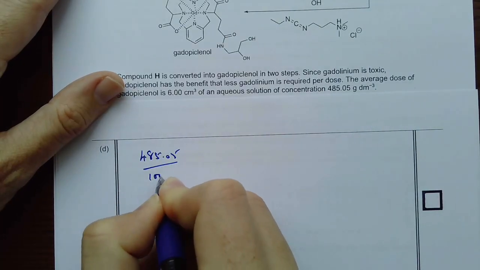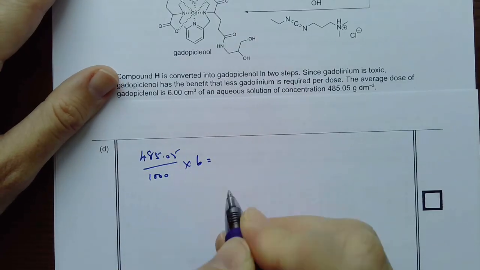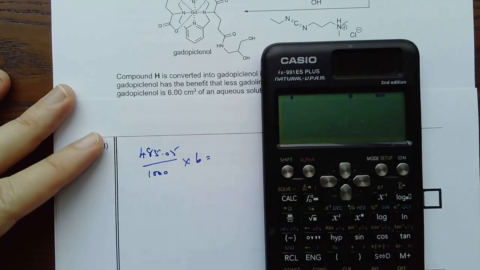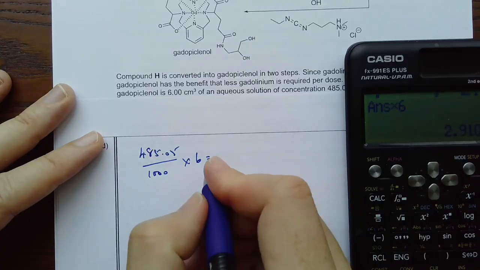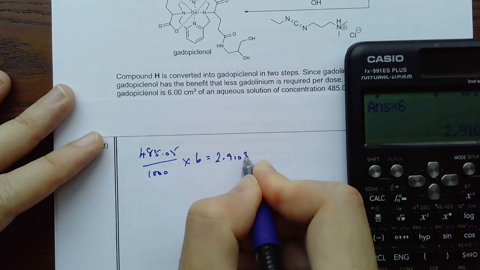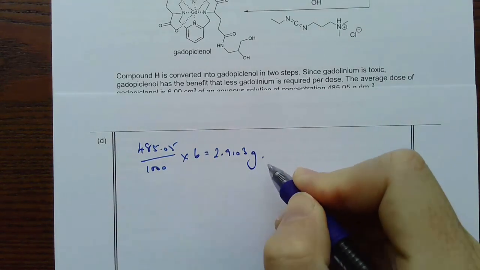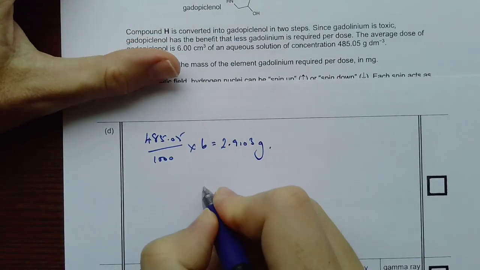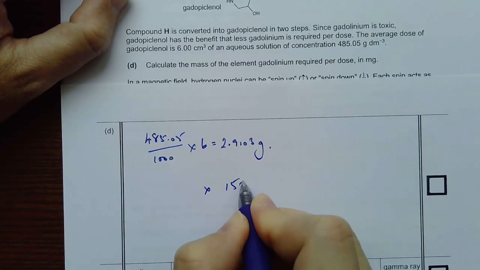So, if I have 485.05, that's in decimeters cubed, times 6, that's going to give me the mass in my dose. So 485.05 divided by 1,000 times 6, I get 2.9103. So that's the mass of gadopiclinol in my dose, and I'm going to now multiply that by the fraction of gadolinium. So I've got 1 gadolinium,